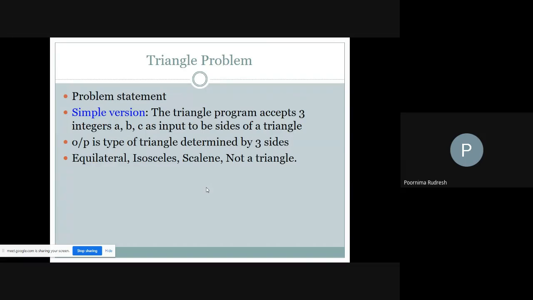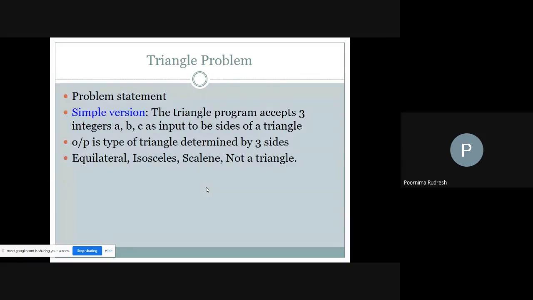So what will be the output of the triangle problem? It says what type of triangle it is, whether it is an equilateral triangle, an isosceles triangle, a scalene triangle, or it is not a triangle at all. So we are getting the output as either equilateral, isosceles, scalene, or not a triangle.